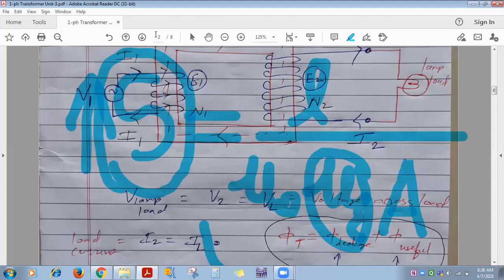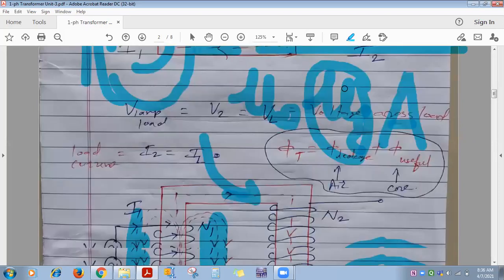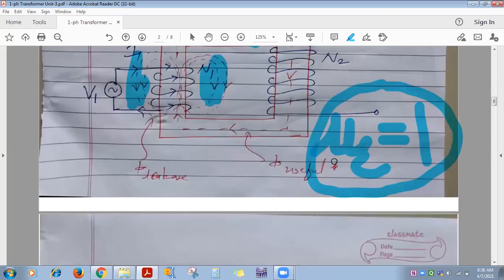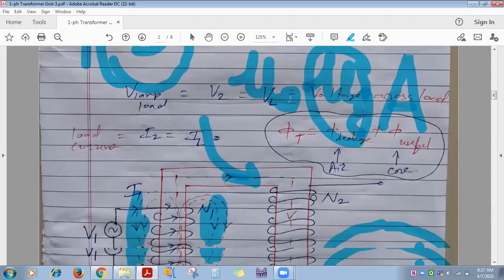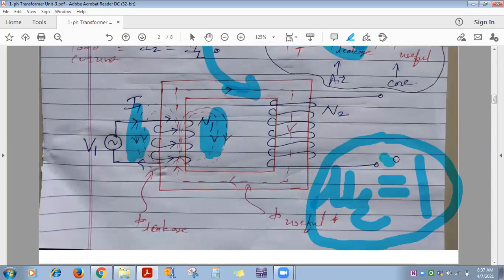Silicon steel offers less opposition as its relative permeability is very high. And air will offer very high opposition as its relative permeability is only 1. It is not 0. If it is 0, then opposition will be infinity, and then flux cannot complete its path through air. But relative permeability is not 0, it is 1. And that's why, although air offers very high opposition to the flow of flux, a very small percentage of flux will complete its path through air also.